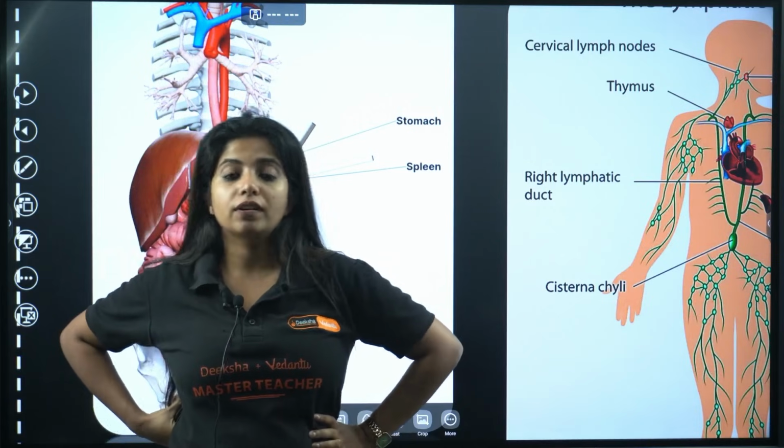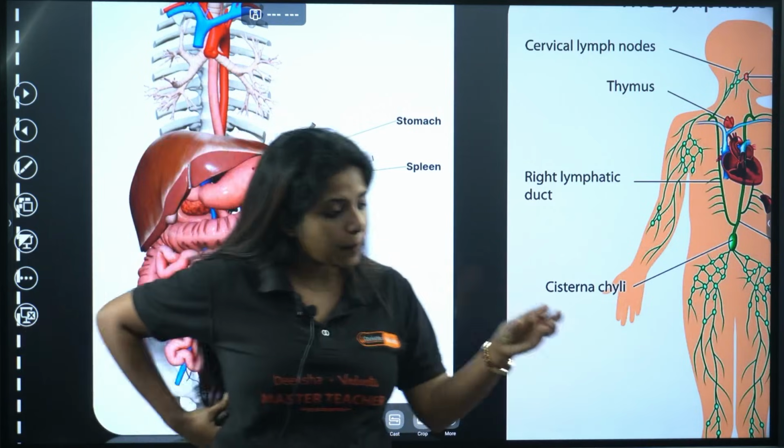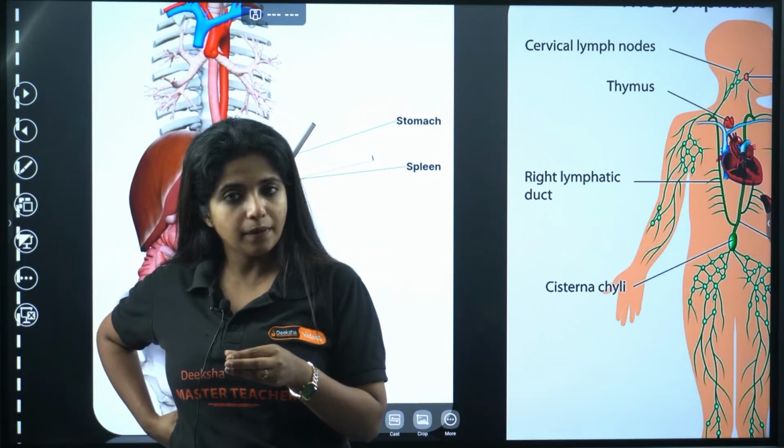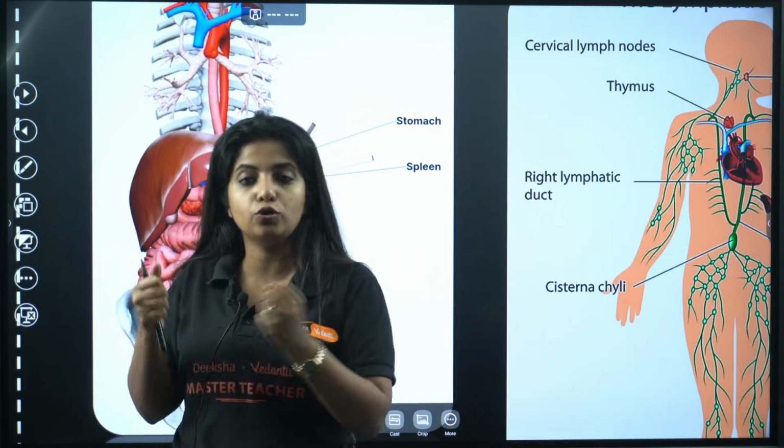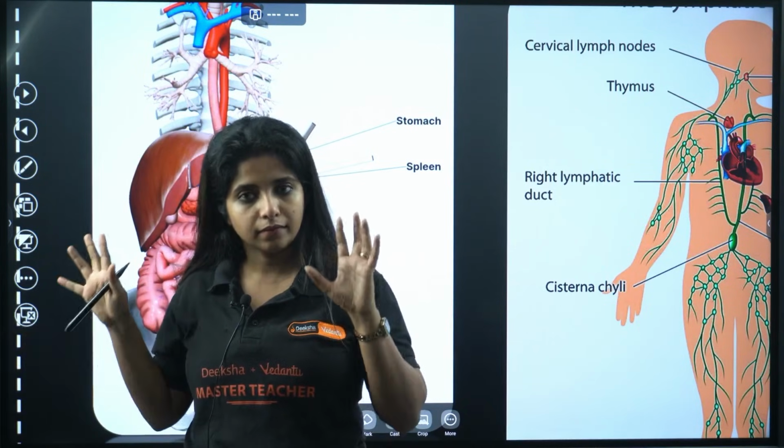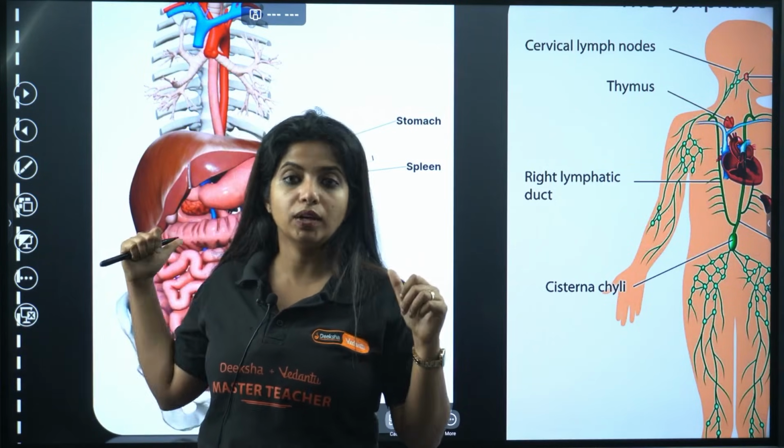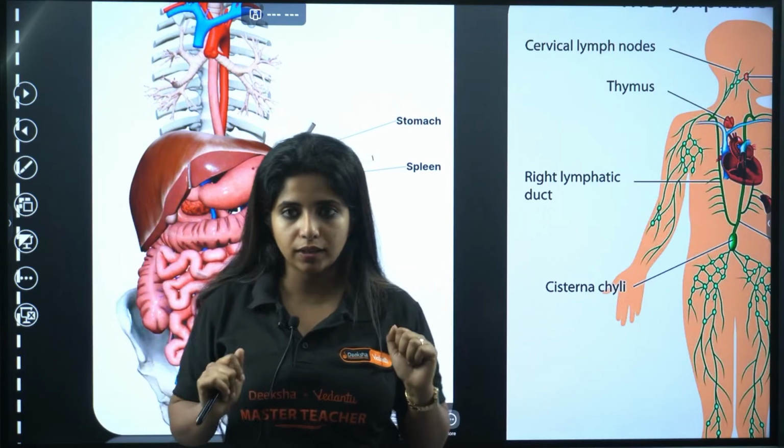You have a lot of WBCs also. Now, suppose a pathogen is coming inside. What will happen? These WBCs are going to act on it and destroy it. Got it? Which is why the spleen is a secondary lymphoid organ, because they are acting over there.